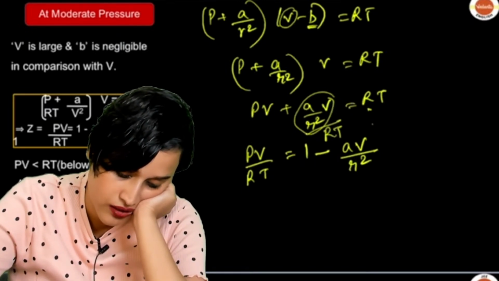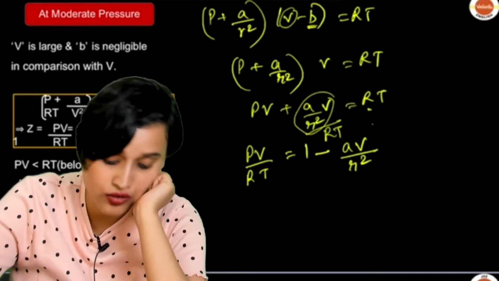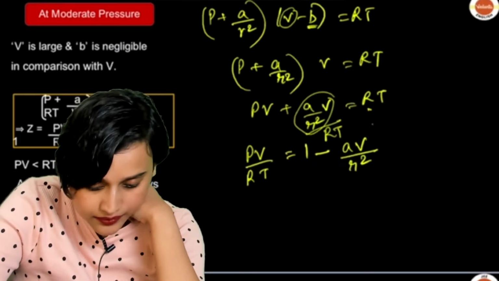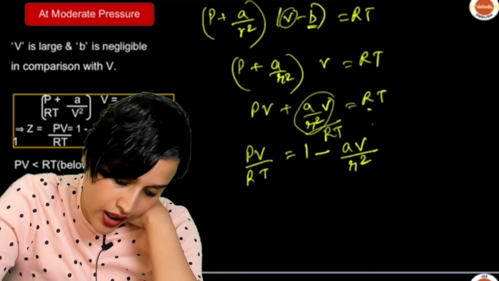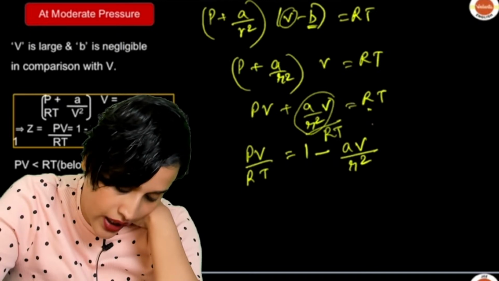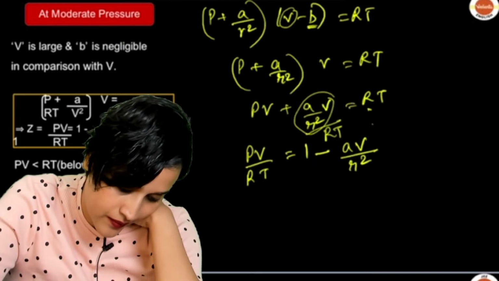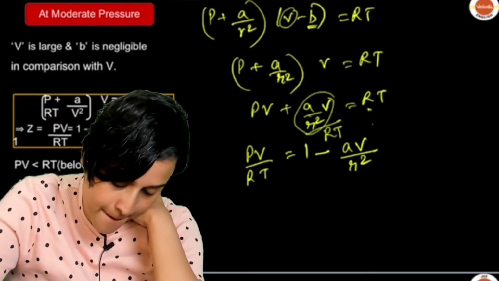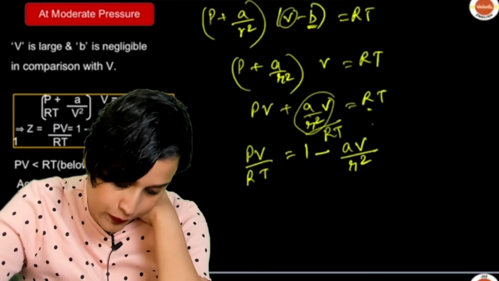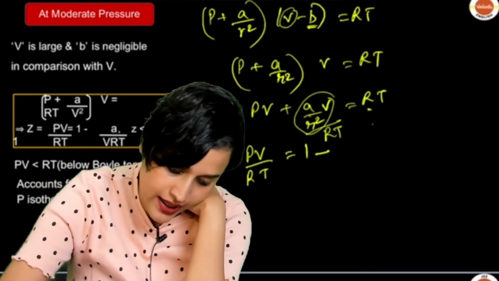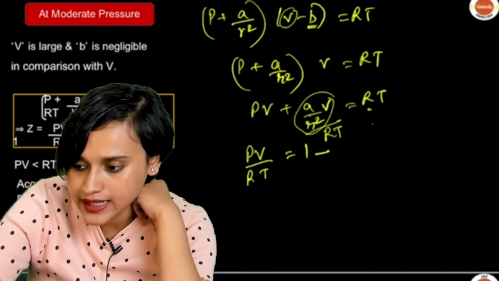So, one second. Just a minute. A by V square RT. Correct. So what I can do is cancel this, and cancelling this,